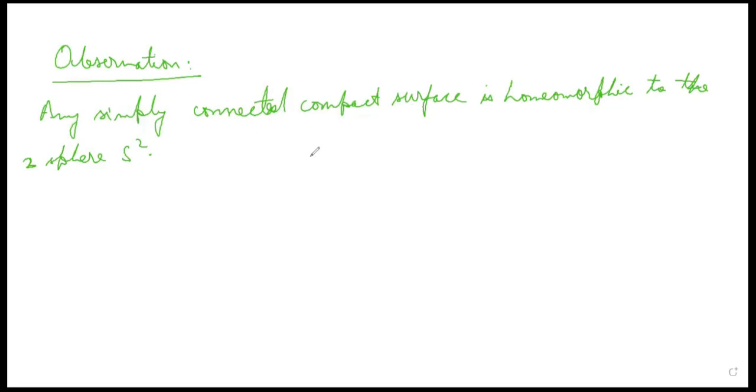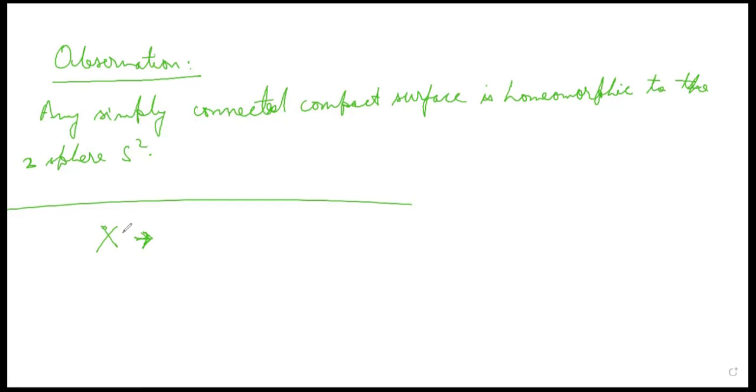So given a simply connected compact surface, because it is a compact and connected surface, it is going to be homeomorphic to one of these surfaces, which are either the sphere or a connected sum of n tori. See that it cannot be homeomorphic to